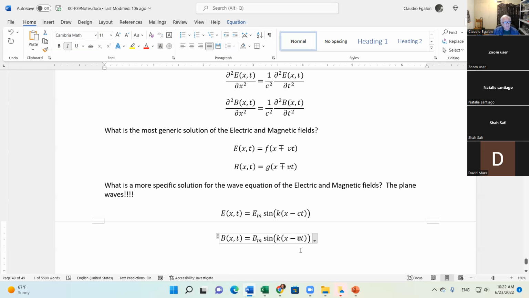The speed is not going to change. It's going to change only if it propagates in different media. In vacuum and air, it's still 300,000 kilometers per second. But if you choose a different media, then like I said, the electric and magnetic fields are no longer going to be perpendicular to one another. It's going to be almost perpendicular, but not completely perpendicular.